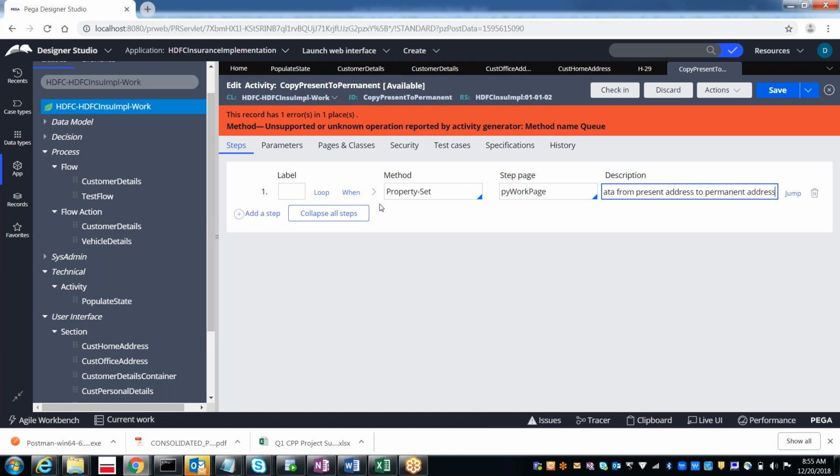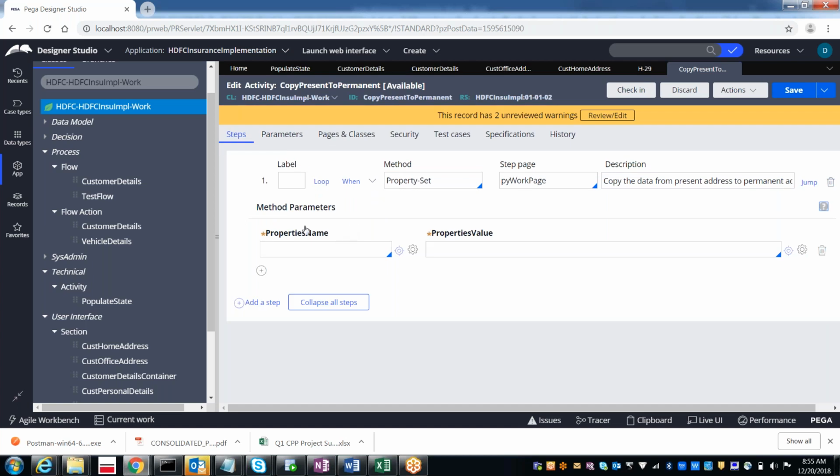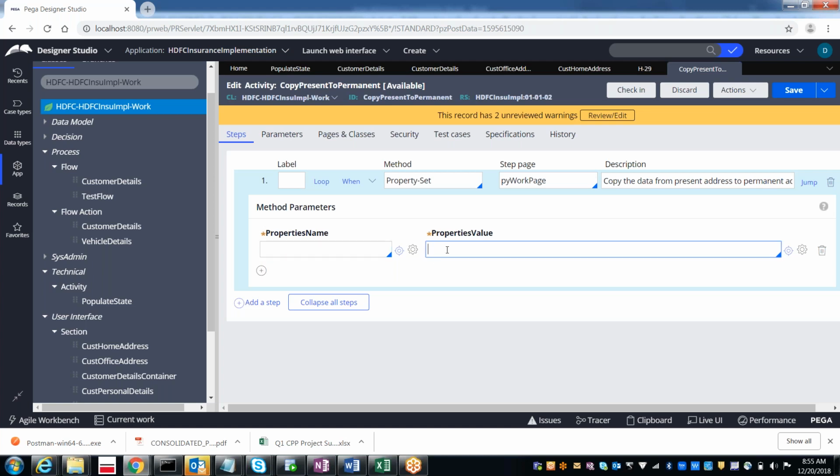Then expand this property set method. Once you expand, you can see method parameters. Here we have to give the property name to which you want to populate. So on the left side, always you should refer to the property you want to copy to, and on the right side, the value you want to copy.